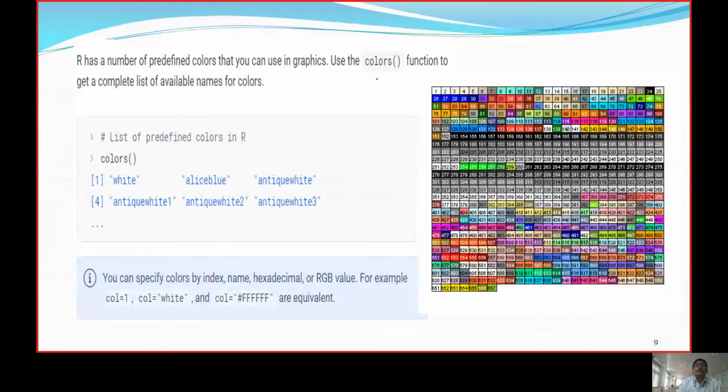When we define colors, we have a color function which ranges from 1 to around 657. This is the minimum value and this is the maximum value. We have plenty of colors in a palette, so from the palette of colors, we can choose. When we display colors as a predefined item, it shows white and light blue. In this way, the colors are displayed.